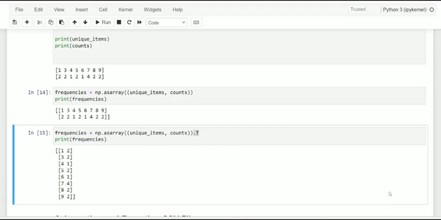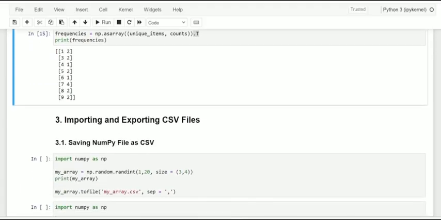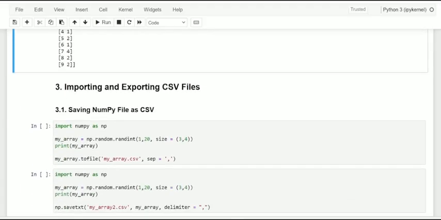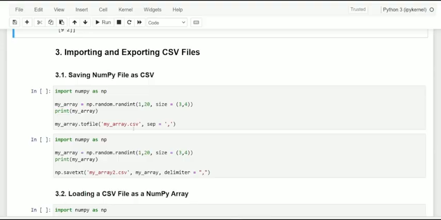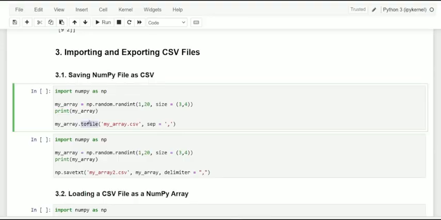And next, dear friends, kindly observe, we are going to create a CSV file by using NumPy. This can be possible with the tofile function.